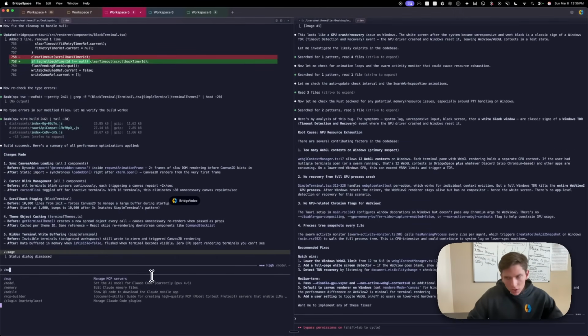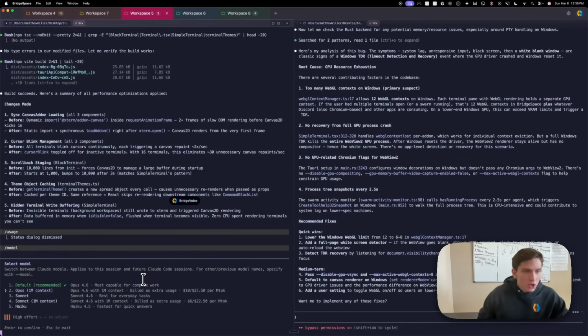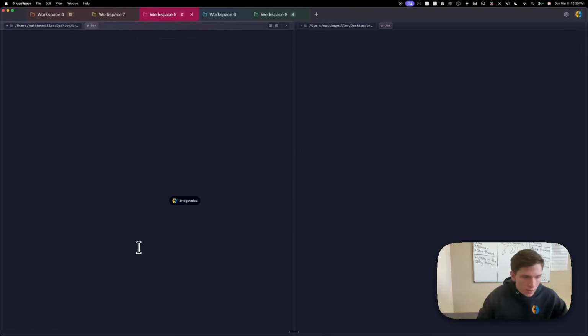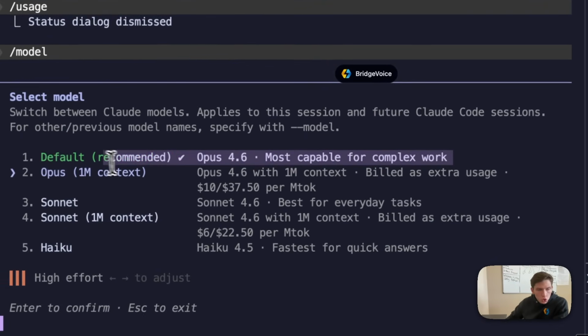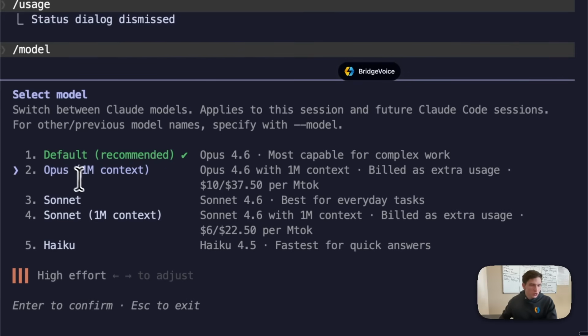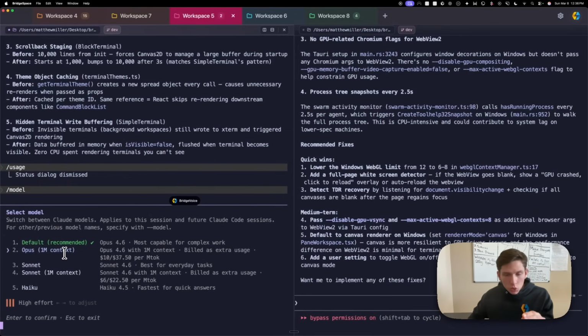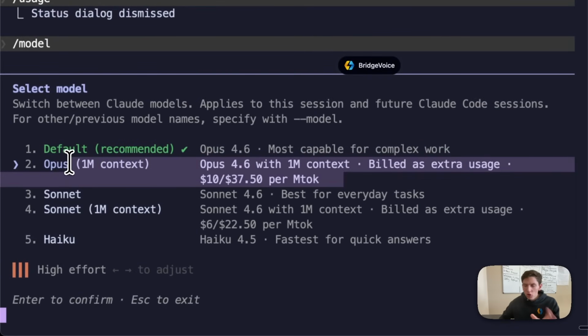So if you go to Claude Opus 4.6, it does have the ability to have up to a 1 million context. If you zoom in here so you can take a closer look, you will see that the default Claude Opus 4.6 is a 200,000 context window, okay? Do you see this? The default. If you want to use that 1 million context window, you can't use it with your Claude subscription. You have to use it with extra usage, which basically means that you're unable to use it because